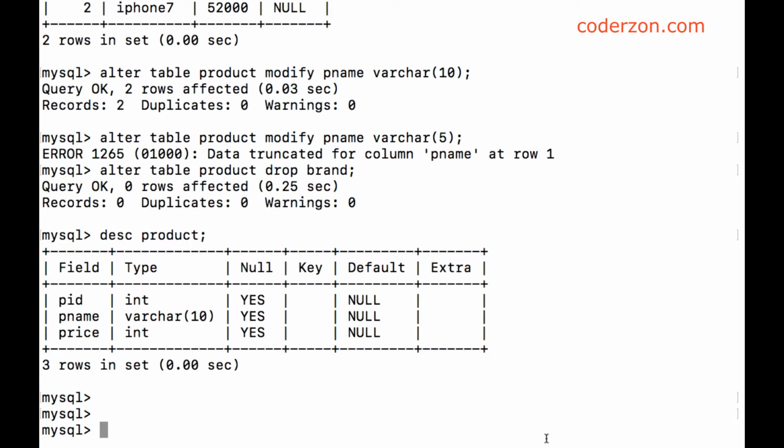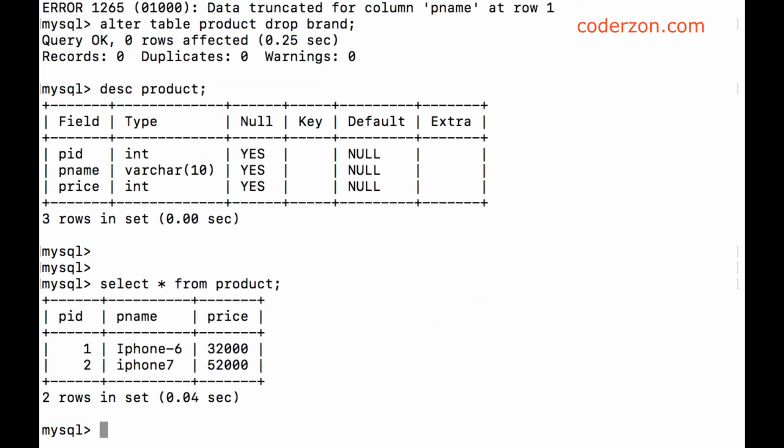Next, we are going to see the concept of primary key in database systems. Here we have a table, and this particular table has a product ID, product name and price field. Here I am selecting the records that exist in this table. In this table we have information about two products, and for the first product ID is 1 and second product ID is 2.